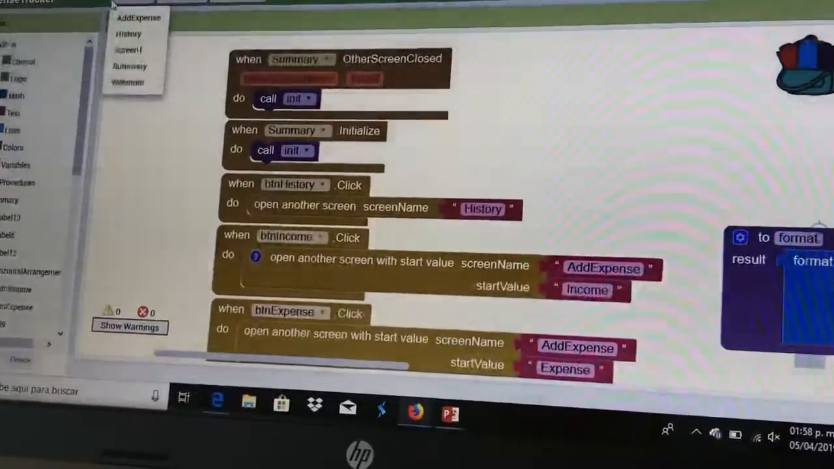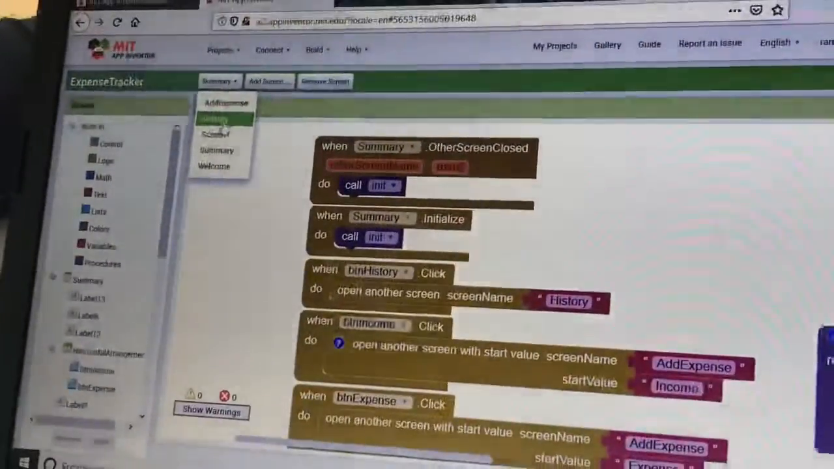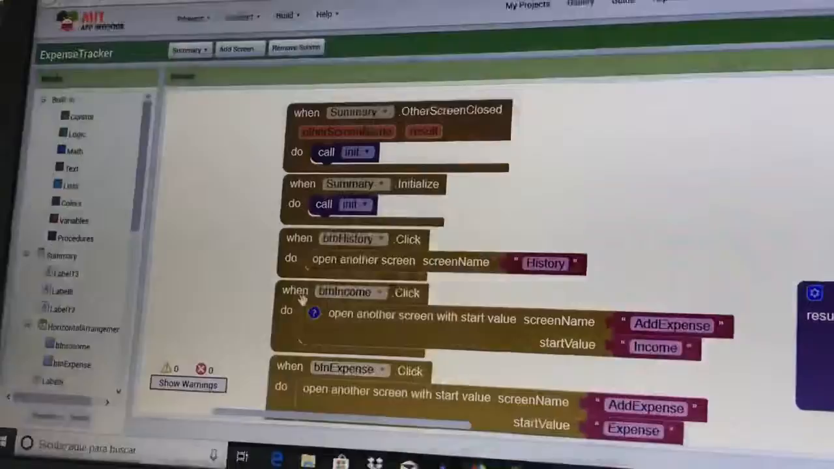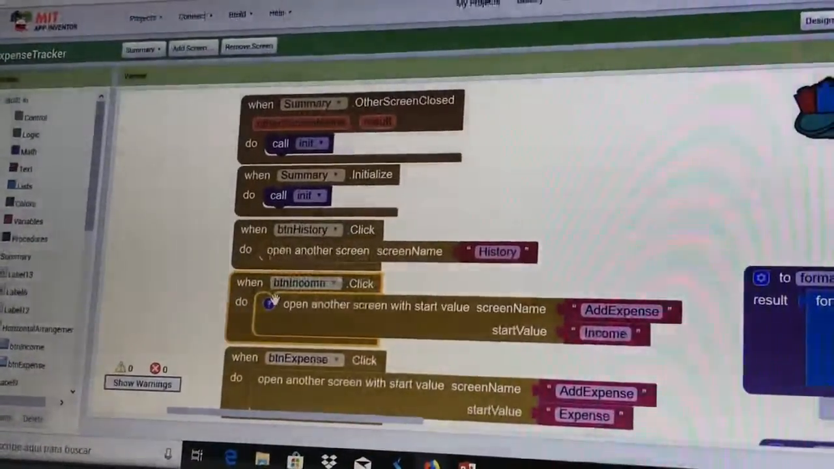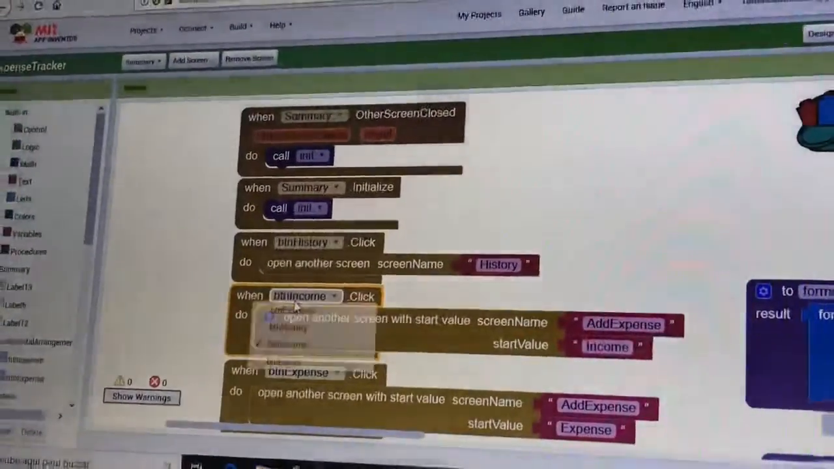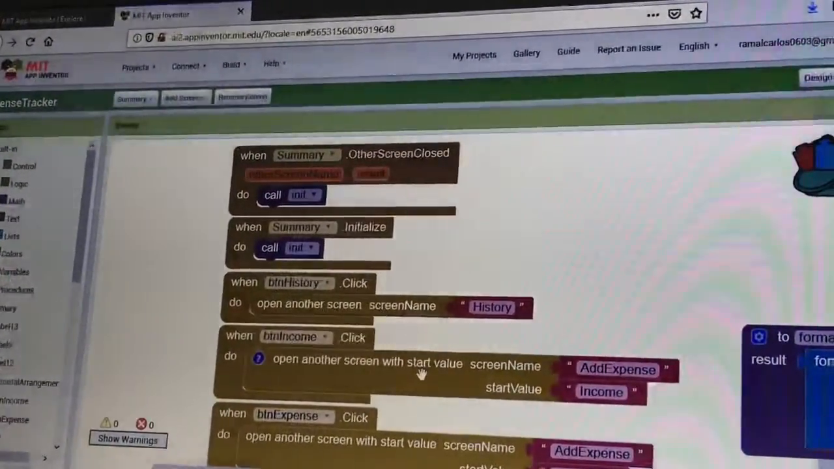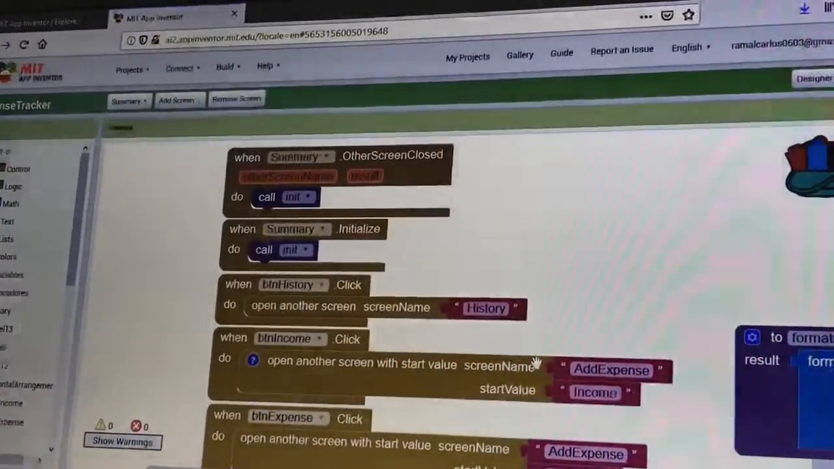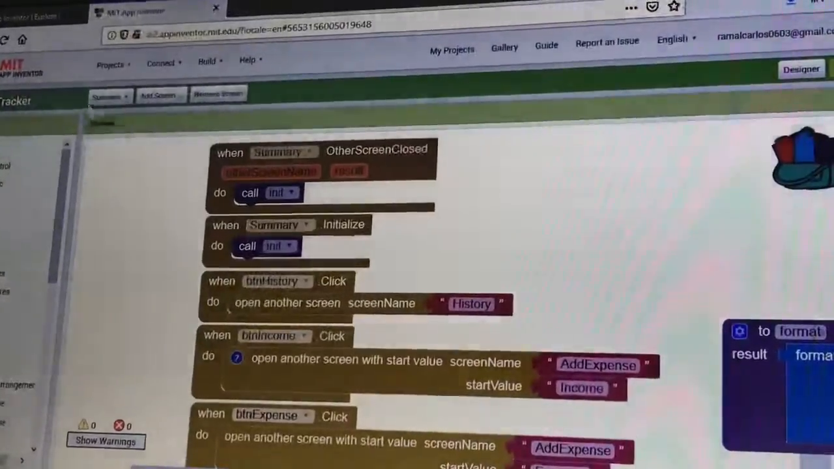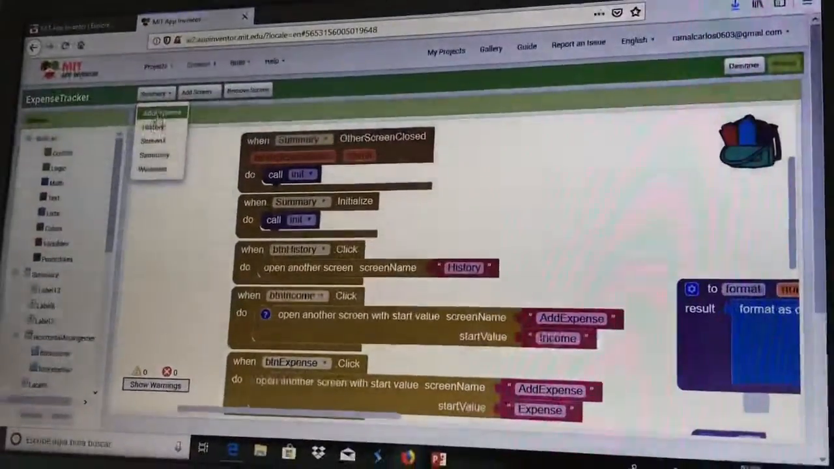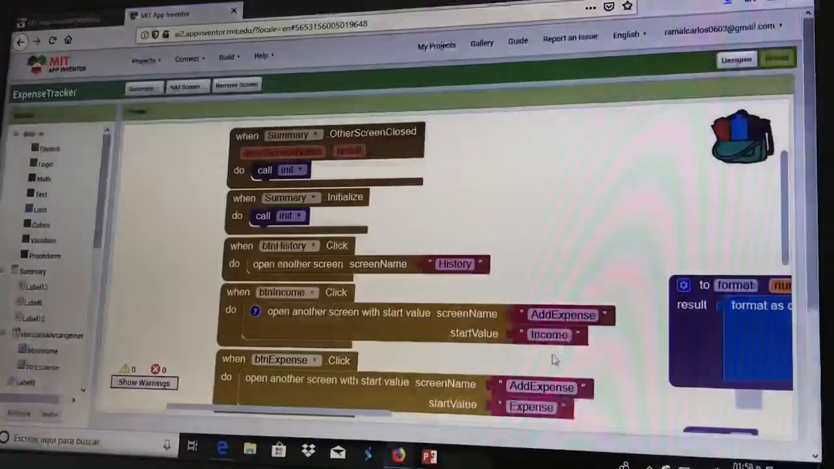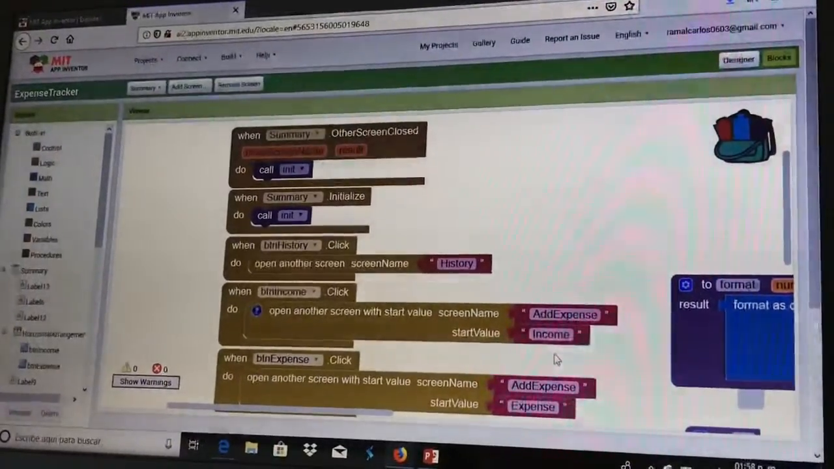History is this screen. Then when this button is clicked, it will open another screen named add expense. That add expense is here, and with the value income. This is for start